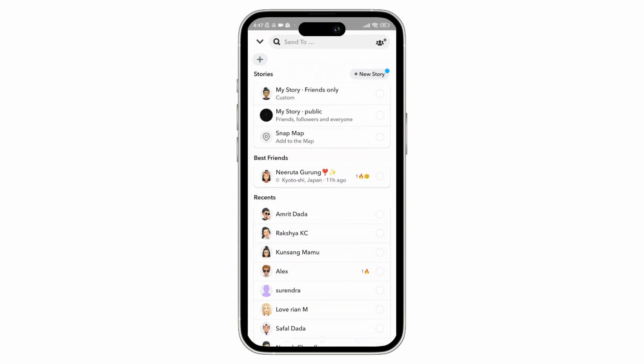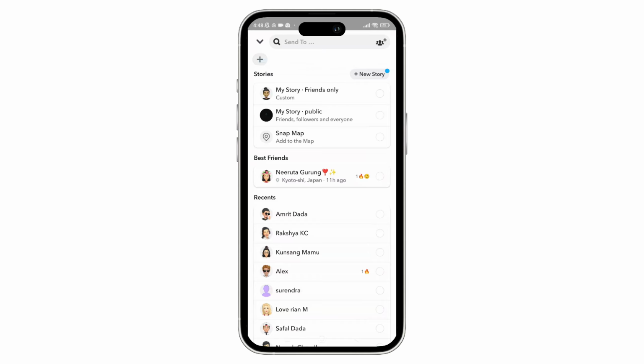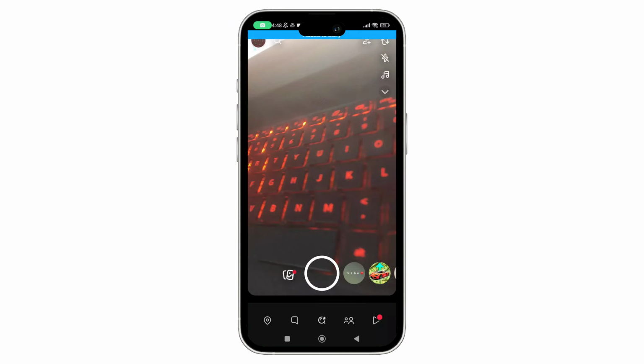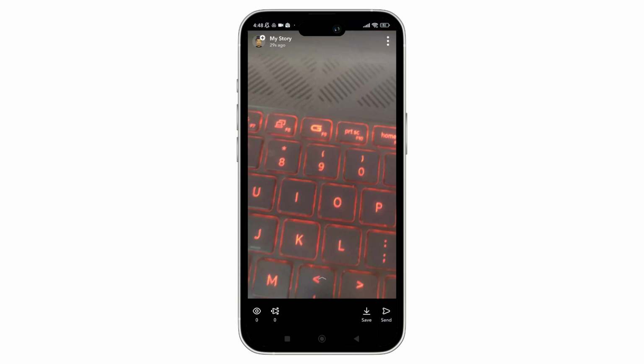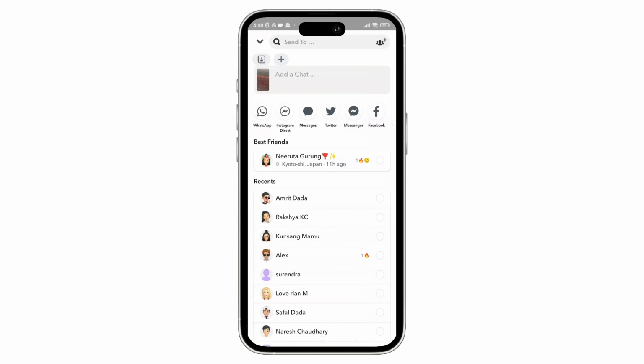public sharing. So here, if you want to share a snap outside Snapchat, then you simply have to open a snap or a story that you have posted. And now here, let's say you have posted this to stories, so here you can simply tap on it, and with that, you can simply tap on the share icon, and from here you can simply copy the link of the photo,